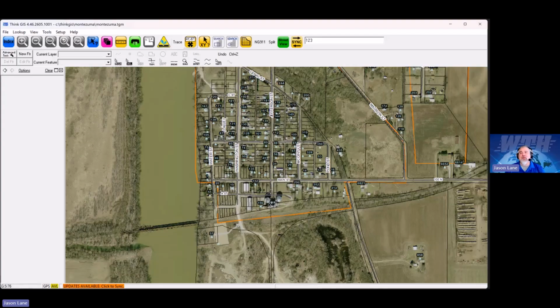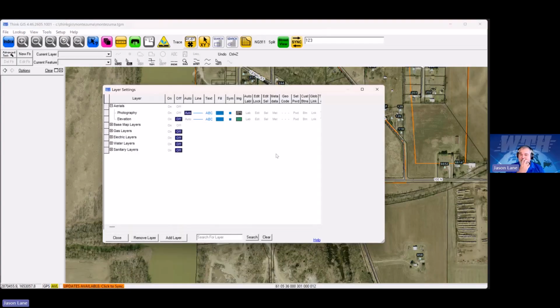The way that you adjust this: if you want it to give you search suggestions for addresses or for parcels, or whatever layer you're going to be looking up a lot using the search window, it's actually in the layer settings. And then each layer,